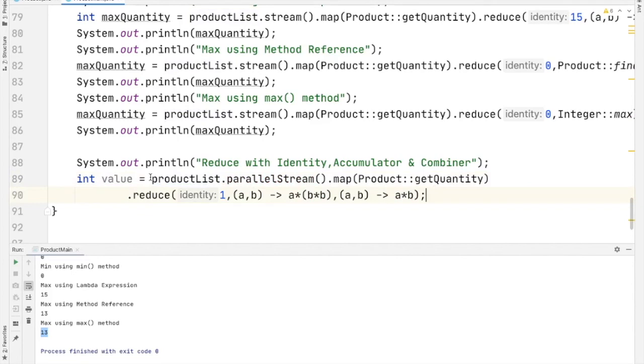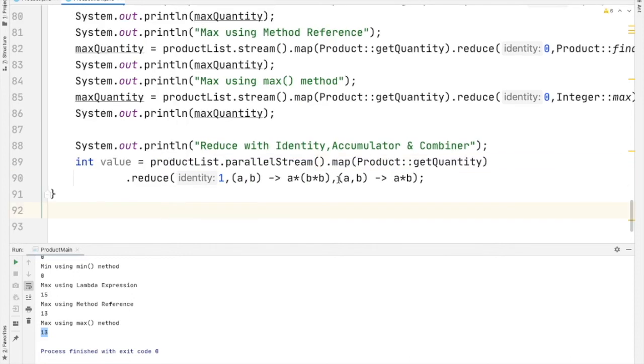Now I will explain you what this code does. When you use parallel stream, stream is partitioned into multiple substreams. These substreams are processed in parallel and the partial results of these substreams are combined to get the final result. Here the combiner function is used for combining the results of accumulator function. Consider this scenario where you want to find the product of square of all the quantity here.